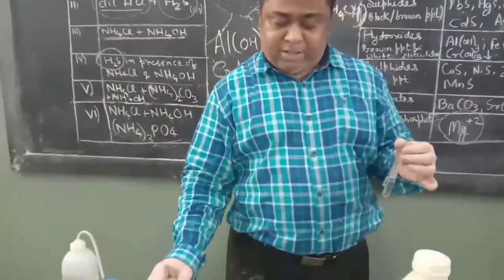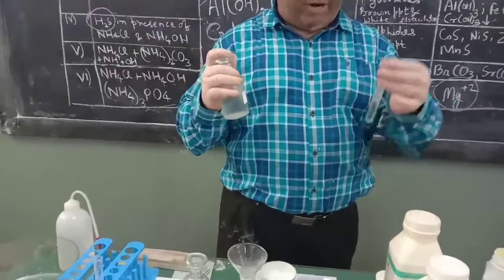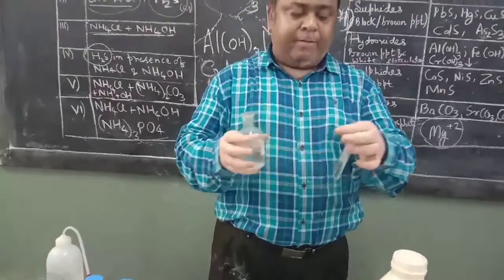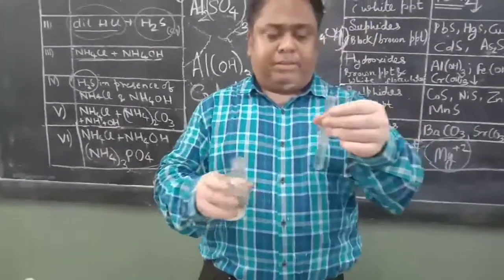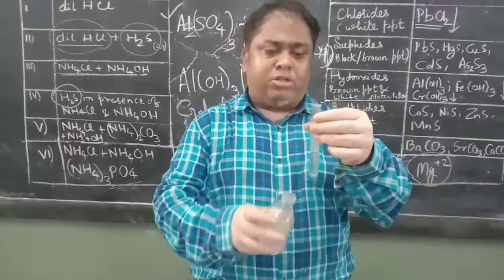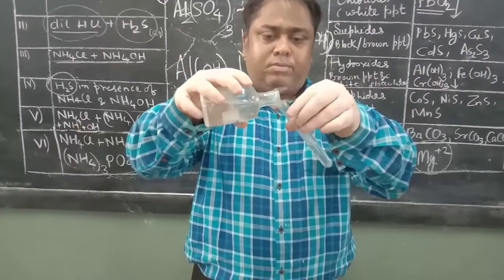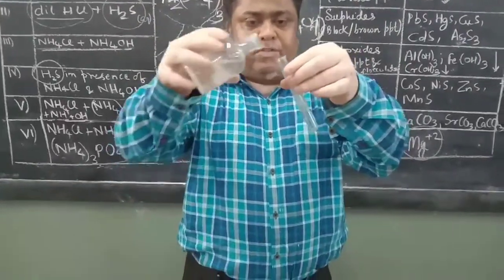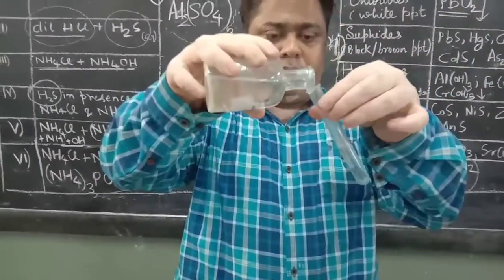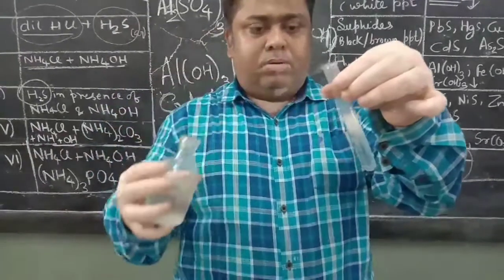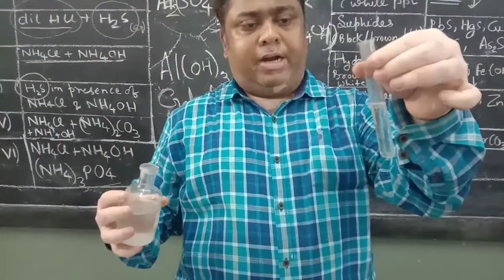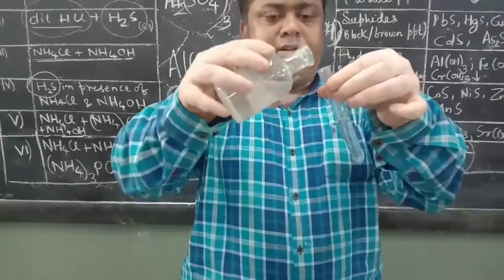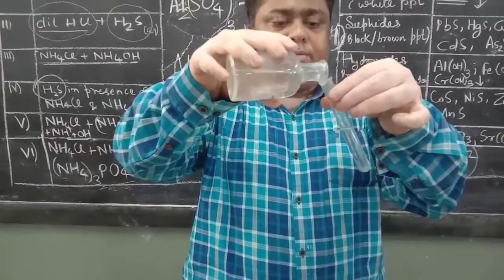and again brisk effervescence may come, because this contains carbonate and this contains acid. But after the brisk effervescence, calcium carbonate, barium carbonate or strontium carbonate will be formed. See the brisk effervescence coming out. And slowly, since HCl is in excess, it is dissolving it. Slowly and slowly it will form precipitate.